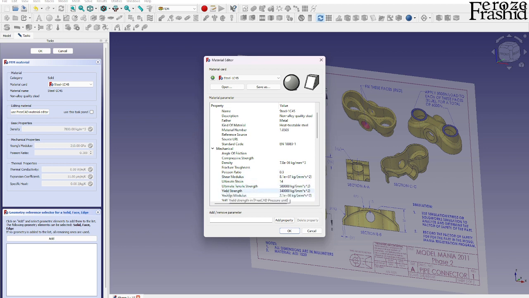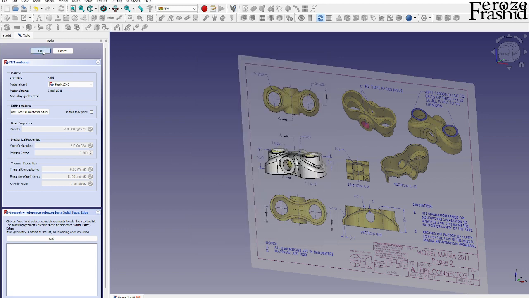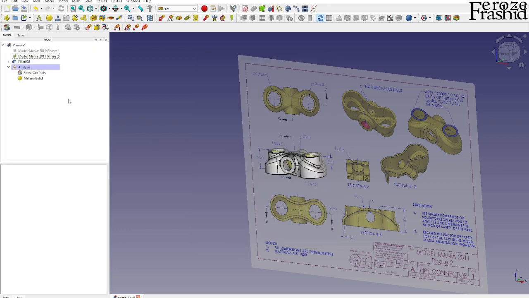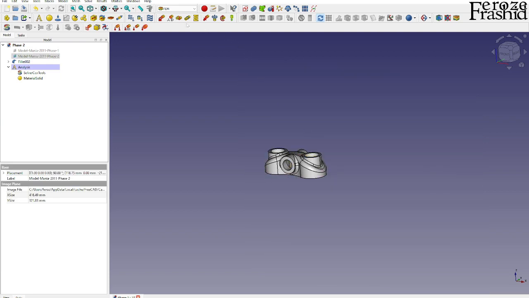Luckily, 1C45 has a similar yield strength to our 1020 material, just 10 megapascal less. It's in the area, about 3% less than it should be. So we will use 1C45 for this material,